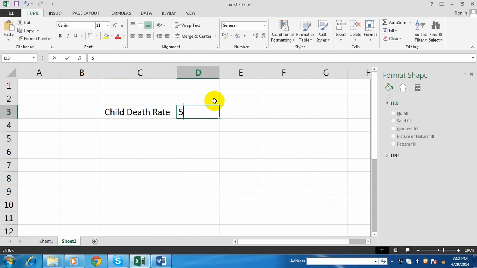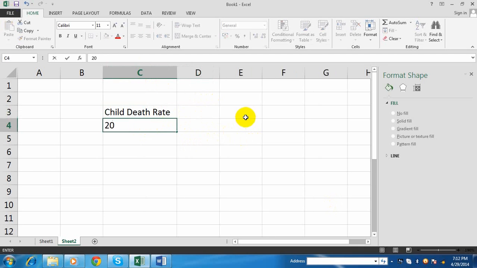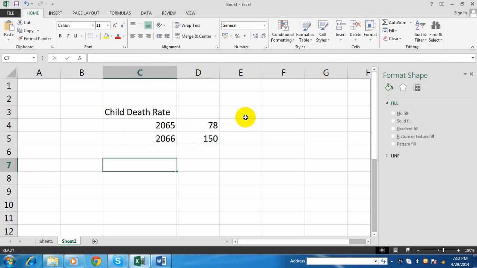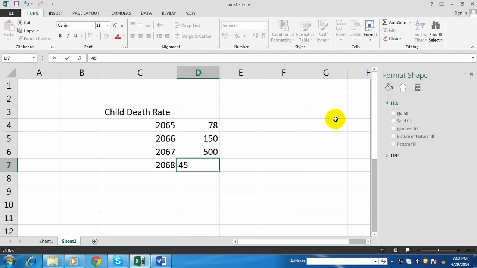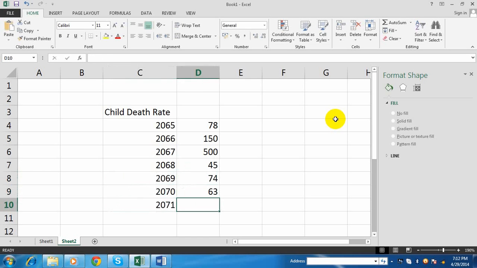For example, in 2065, 78; 2066, 60; 650 in 2067; 500 in 2068; 45 in 2069; 74 in 2070; 63; and 2071, 41.